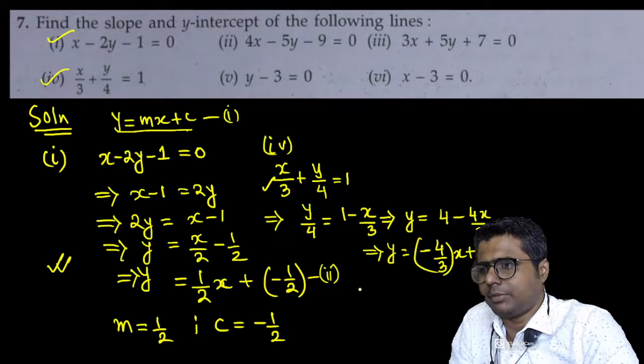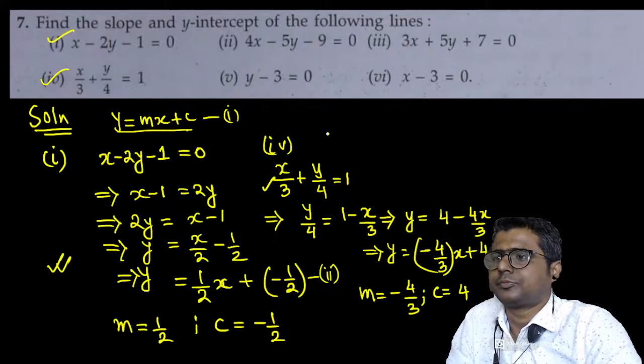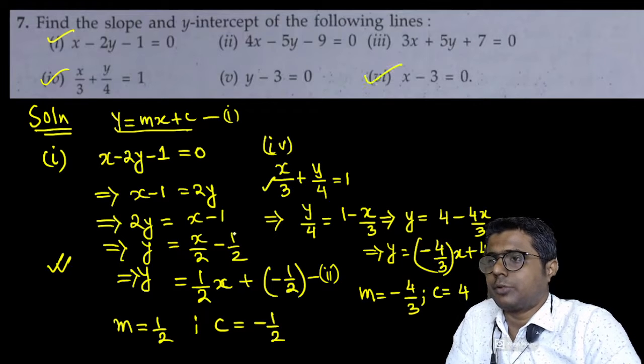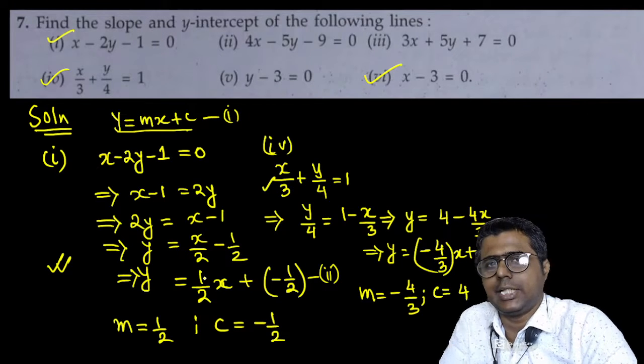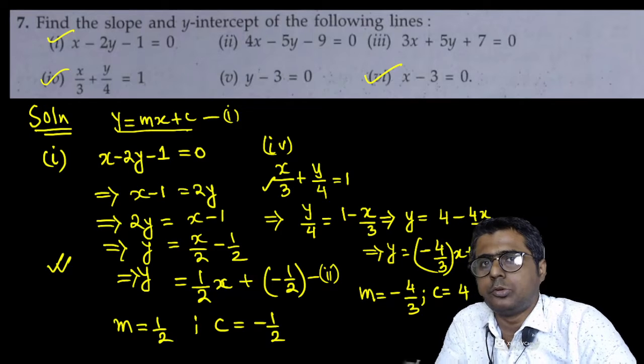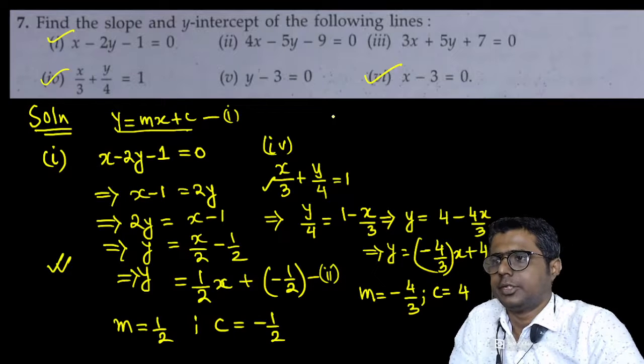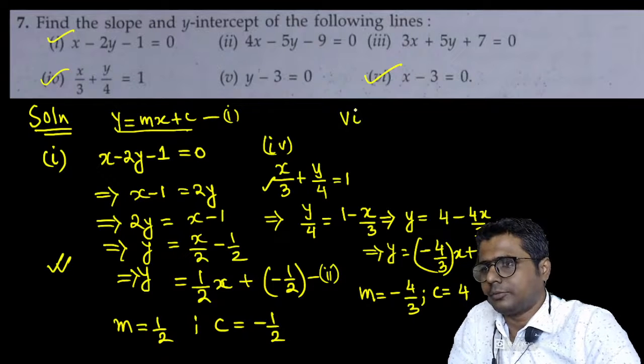Now the problem is very easy. Slope is minus 4 by 3 and c, that is the y-intercept, is equal to 4. Now we will be doing the next problem. Here basically what I am trying to do is cover all the types of problems, which will help you to do the rest of the problems. So overall it gets covered. So if I do number 6 now,